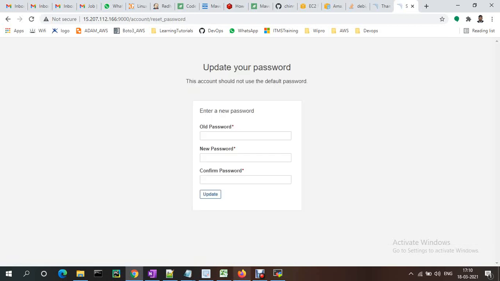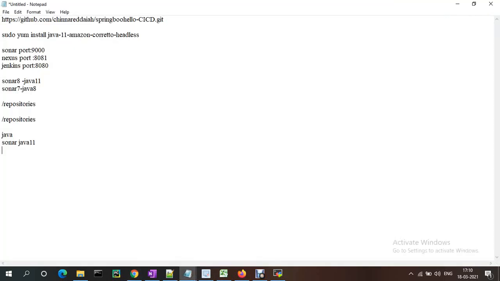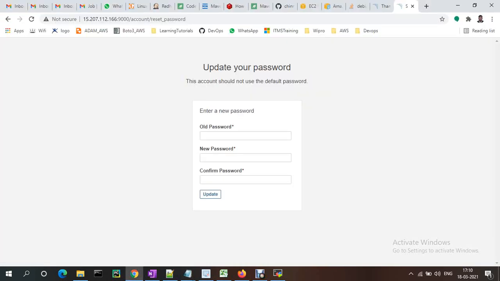It will ask you for the default username for Sonar, which is admin. If you want to update the password, you can update the password as well. I just kept admin123 as a new password. I just updated the password.